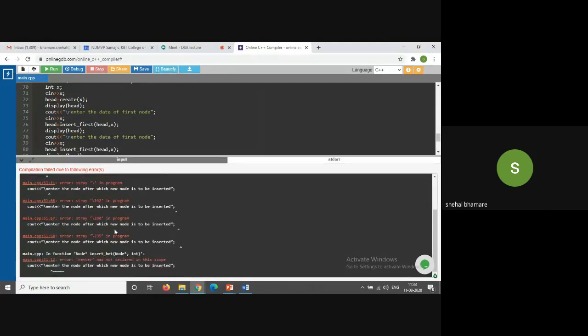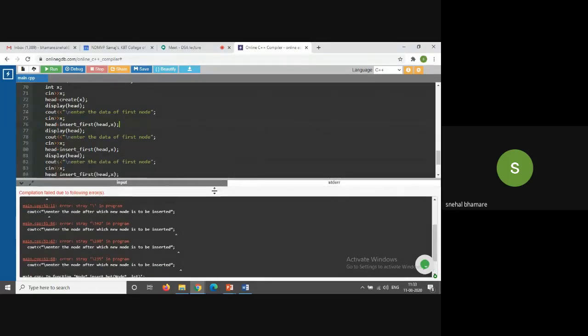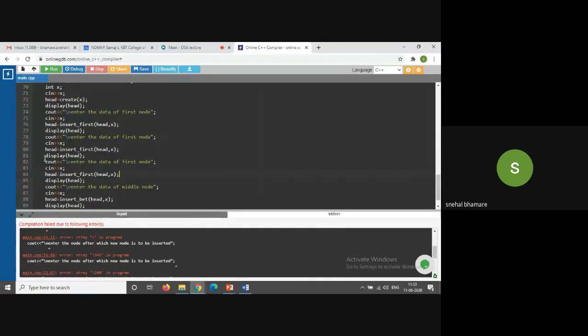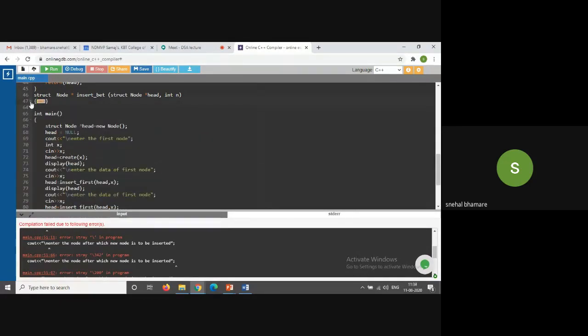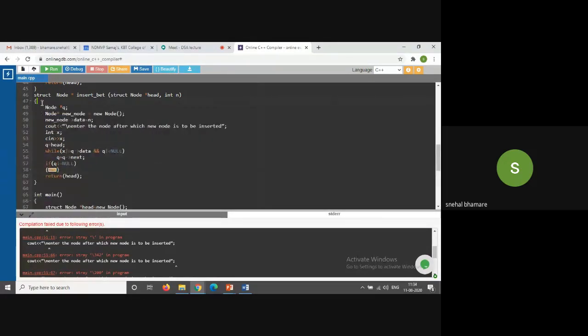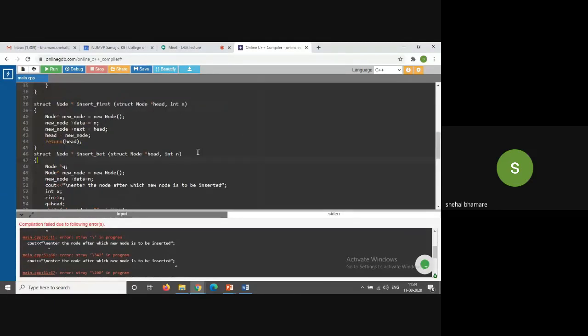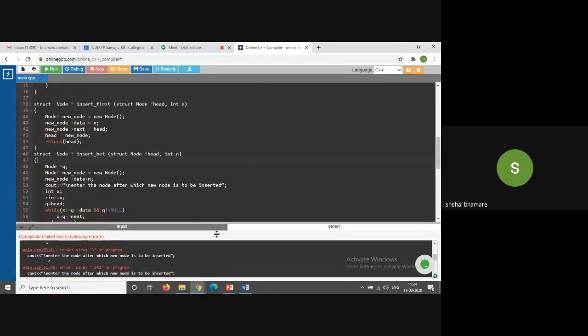There's some problem with this. Okay, it is giving a problem for this insert in between function. We will check the error for that.